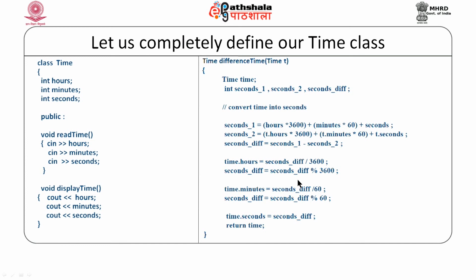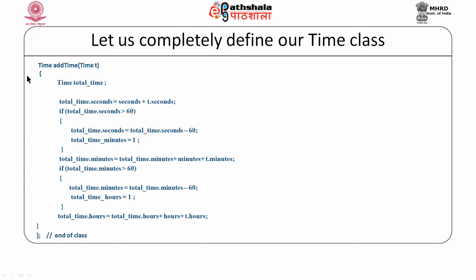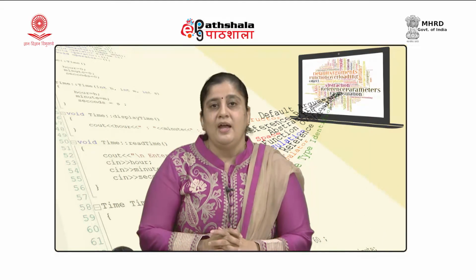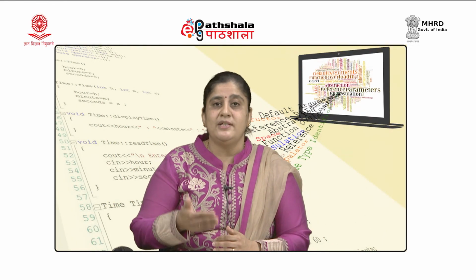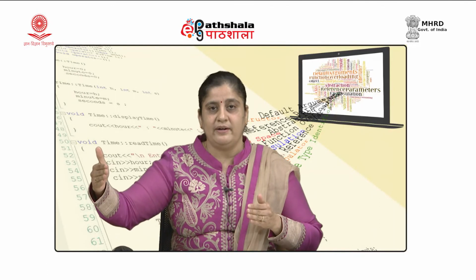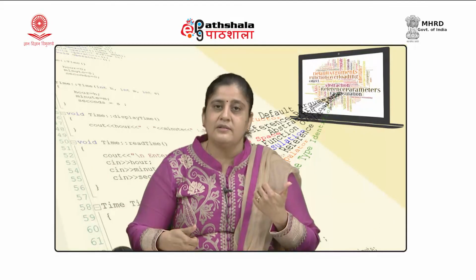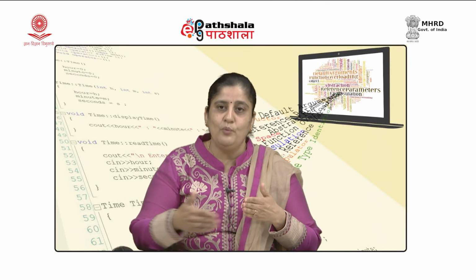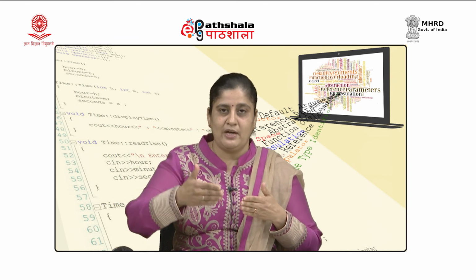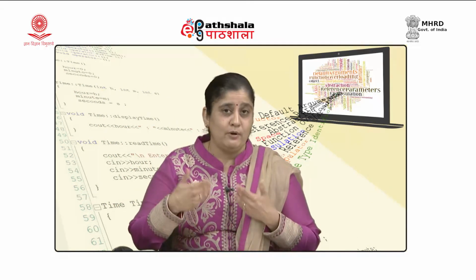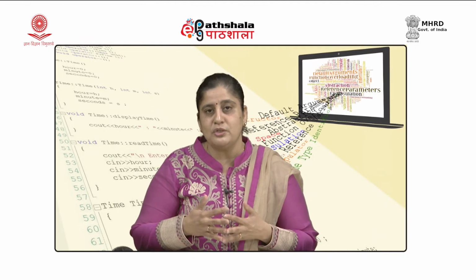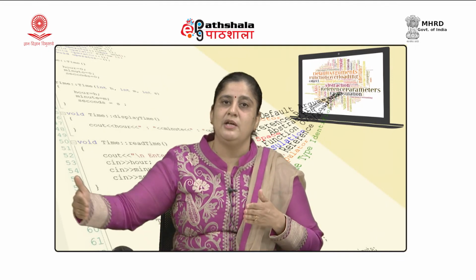We can also have another function, add time, which we can use to add 2 time objects. Apart from this, we can keep on adding many more such functions into the class, and when we add many more functions into the class, you would see that the class definition will keep on extending. Right now, our class definition is running into 2 pages, and that too the first one we actually divided into 2 parts. If I keep on adding more and more functionalities, more and more operations for this particular class, the class definition will keep on going long.